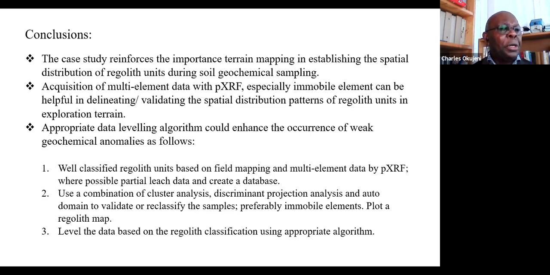The appropriate leveling algorithm can be selected. And of course, I would suggest that you follow the steps. Step 1, classify regoliths using XRF data. Maybe use a combination of cluster analysis. It may not be as complex as this. Sometimes it's possible you use simply the discriminant projection analysis straight ahead. I think that can be plugged straight into the